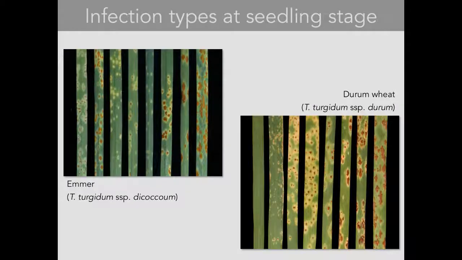So this is the infection type that we have seen in both durum and emmer wheat. For all the tetraploids, following the 0 to 4 scale developed by Stakman, tetraploids mostly will be ranging in the infection type 2, going from 2- all the way to 2+. But we have seen also entries that show a high level of resistance, and in some cases almost reaching immunity.